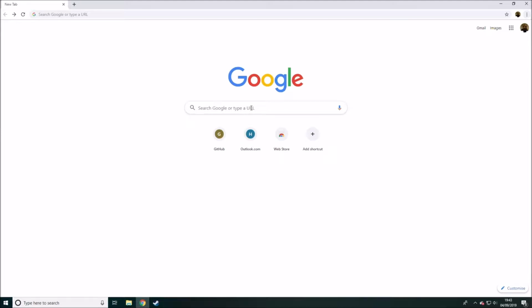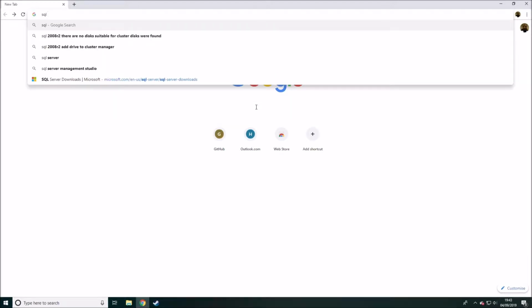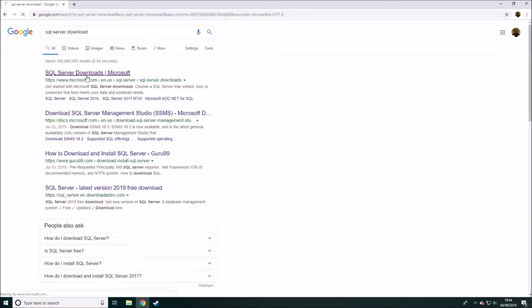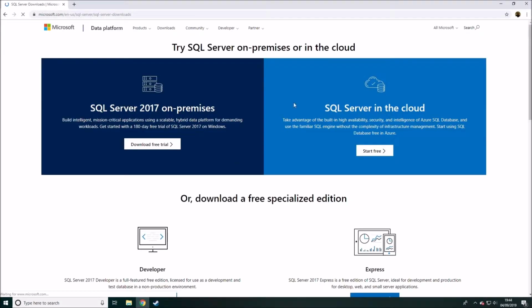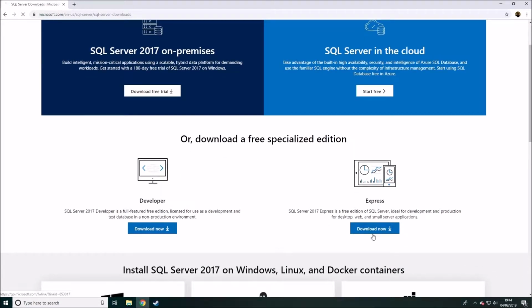So first thing you want to do, open up your favourite browser. If it's not Google Chrome, it's probably the wrong one. Type into Google SQL Server download, if I could spell it correctly. Click on the first link that comes up. And then you're going to want to scroll down a little bit and go for SQL Server Express. You can use Developer Edition, but for now we're just going to stick with Express. Click on download,